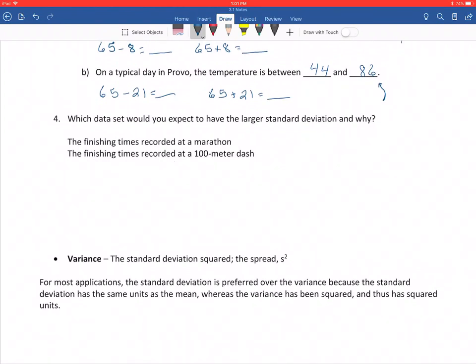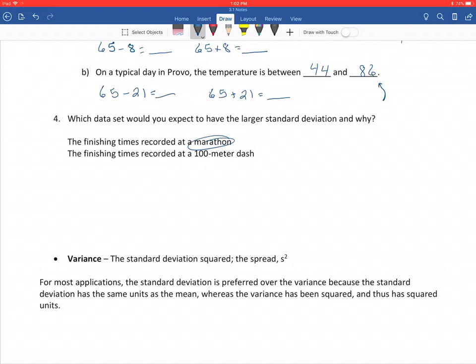Okay, let's see. Which data set would we expect to have the larger standard deviation and why? The finishing times recorded at a marathon or the finishing times recorded at a 100-meter dash? Okay, remember, standard deviation again means spread. A larger standard deviation means more spread. Keeping that in mind, I would pick the marathon here, would have a larger spread or a larger standard deviation,